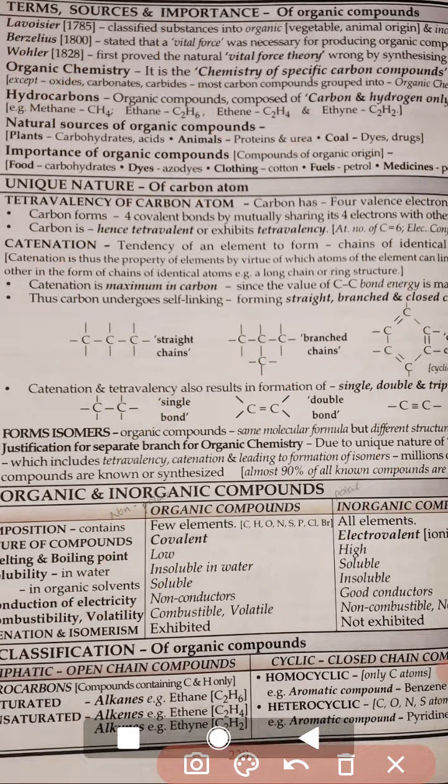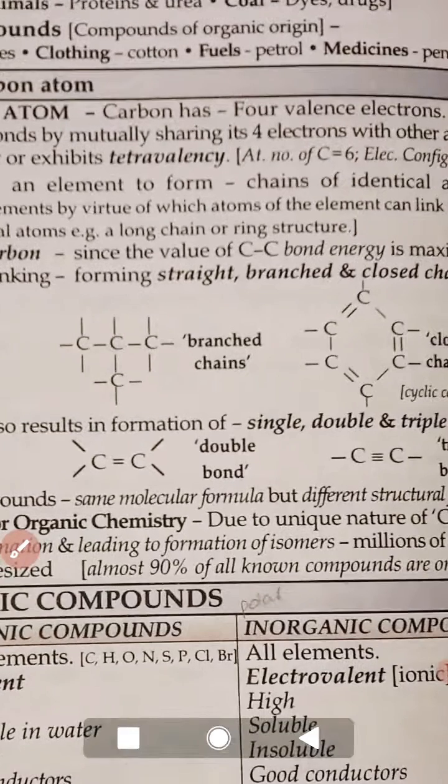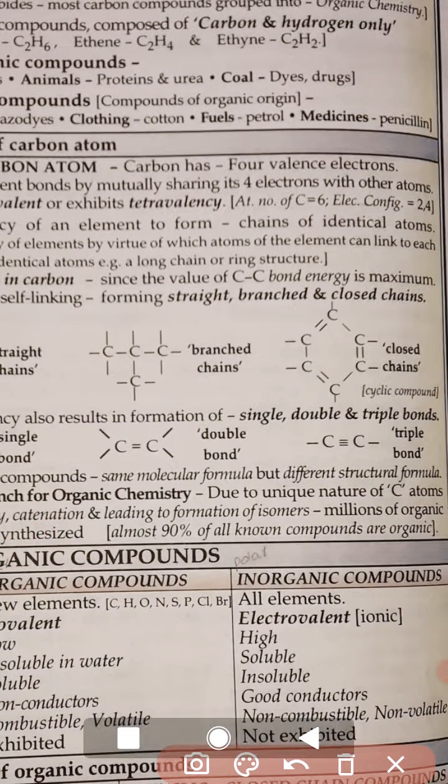Now the closed chains, clearly given in the book itself. Cyclic compound, it is given in the book as well, like this. There can be the formation of a double bond between carbon atoms, a triple bond between carbon atoms. So those are the various widespread tendencies of the carbon atom, like self-linking and tetravalency. That is responsible for the production of 90% of the total compounds we study in the entire chemistry, and they are totally covalent compounds formed between carbon and hydrogen, like